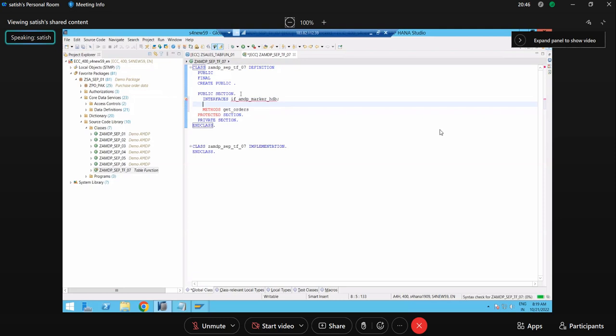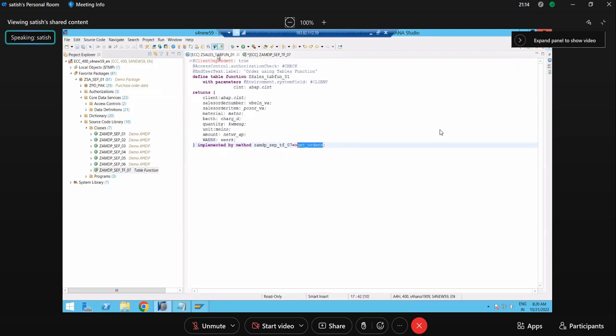Okay, if_amdp_marker_hdb, guys. So this is the interface that you need to include. Okay, HDB. This is the interface that you need to include to make a class an AMDP class. Now I specified the method GET_ORDERS. Now this method is not my regular AMDP method. It is the method which is used to source the information to this particular CDS table function, which is nothing